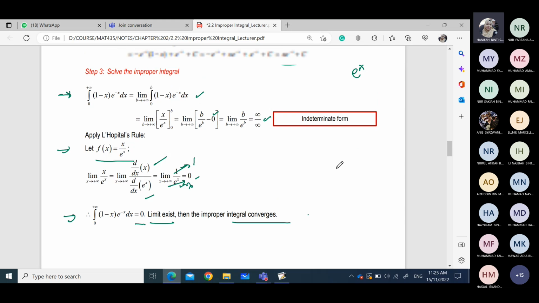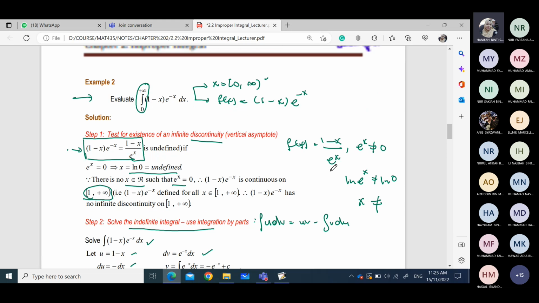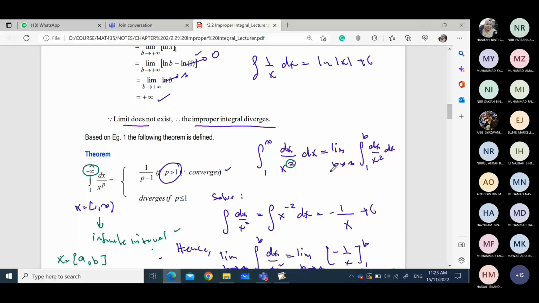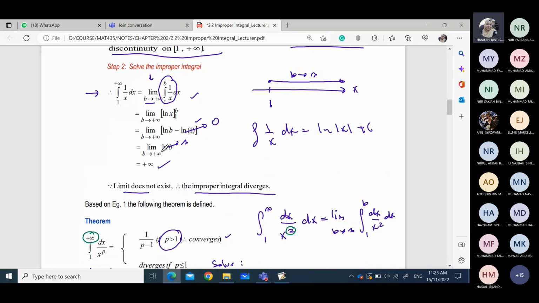Macam contoh yang mana tadi? Ada tak infinity? This one, infinity. We have infinity. So there is no value. So that's why we say that if we have infinity, the limit does not exist. So maknanya dia tak ada limit. Limit tu maksudnya dia ada boundaries kan. Kalau ada limit tu maksudnya dia ada boundary. Tapi kalau untuk macam ni dia tak ada limit. So kita katakan dia diverge lah. So the improper integral is always diverge. Okay. Faham ya?